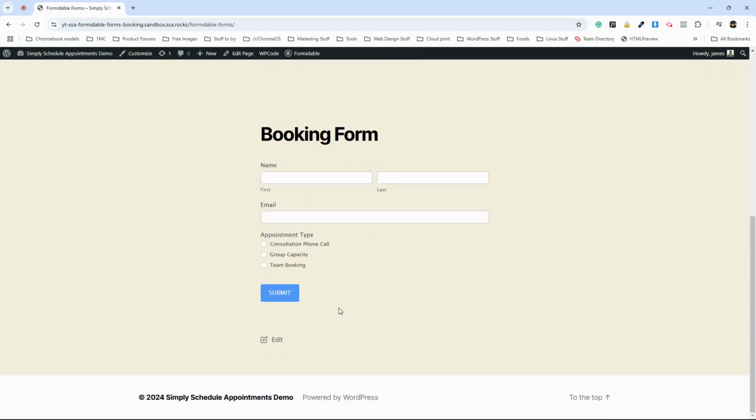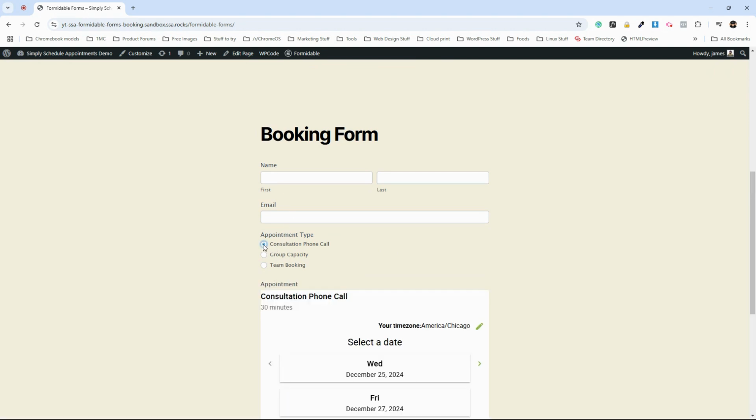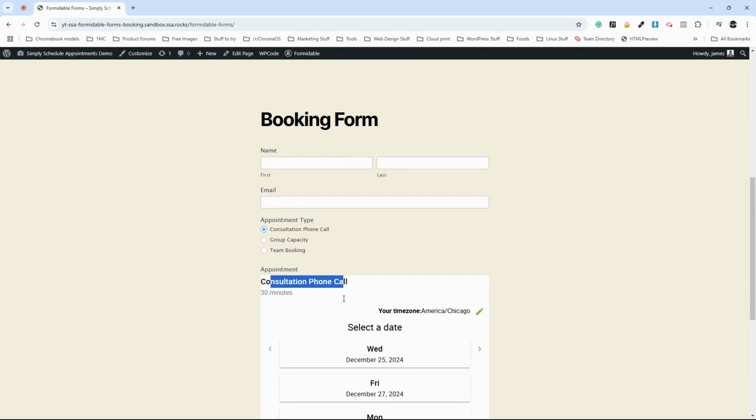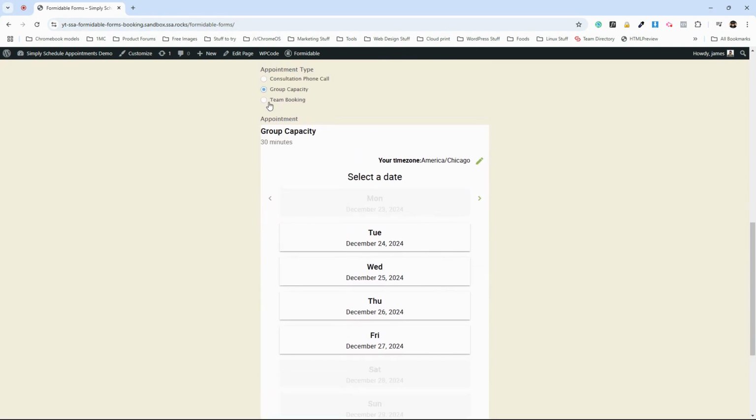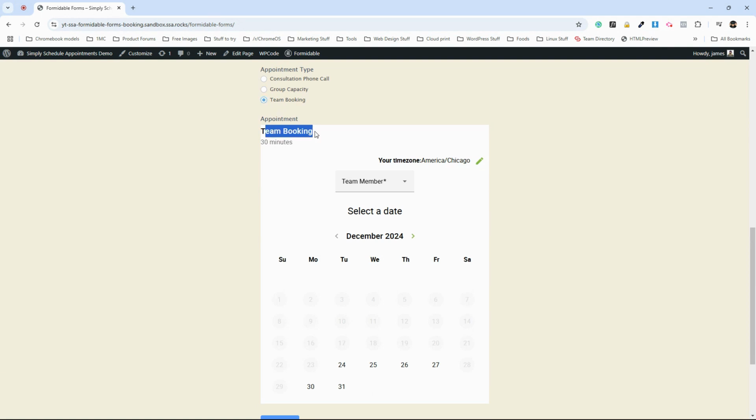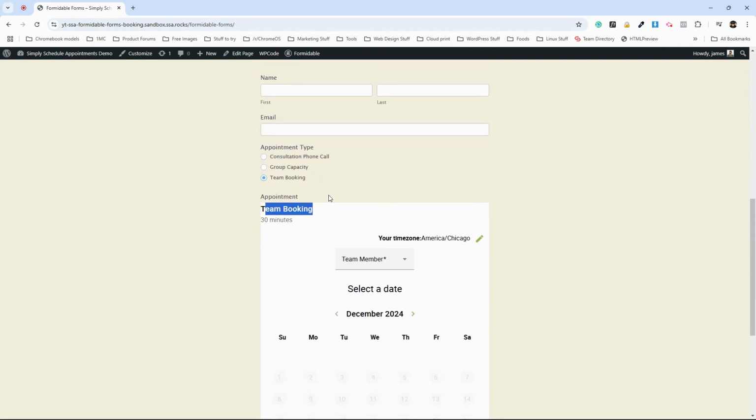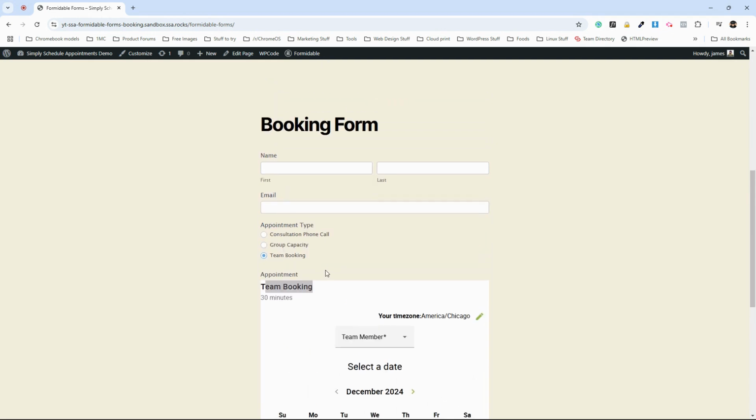And now you'll see that we don't even see the booking widget yet until we select something. So if I click on this, we get consultation phone call. If I click on this, we get the group capacity. And if I click on this, we get team booking. And you might be wondering, well, what's the point of doing this versus what we had before? Well, when you do it this way, this allows us to actually add even more fields for each different appointment